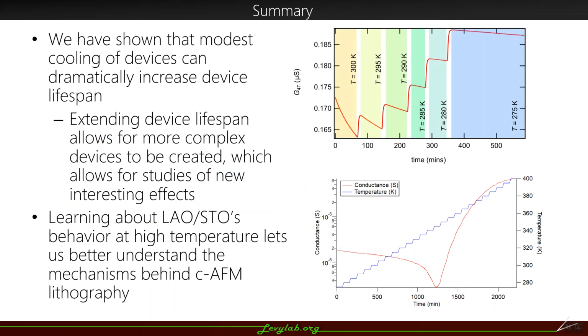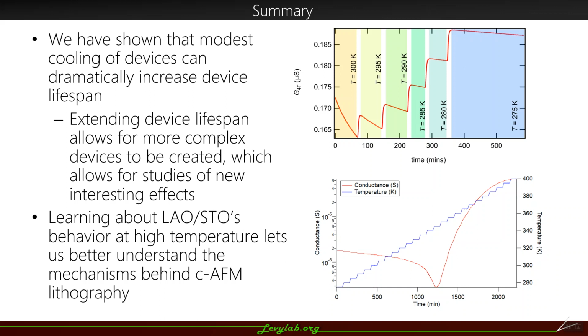So in conclusion, we've shown that very modest cooling of devices can dramatically increase the device's lifespan. Extending our device's lifespan allows us to create more complex devices and larger devices, which allow us to study new interesting effects. We want to study LaOSTO's behavior at high temperature because if we understand how it works, it opens